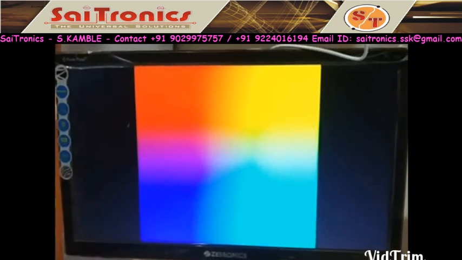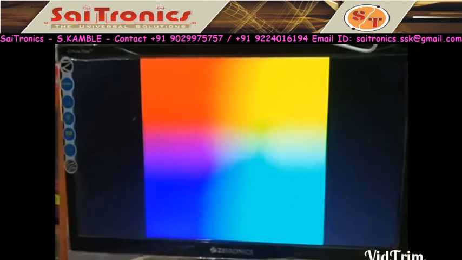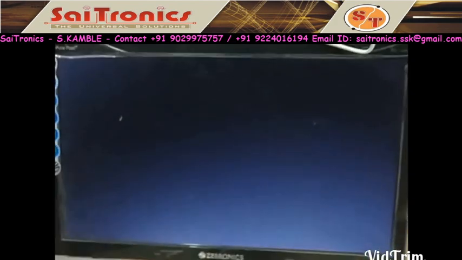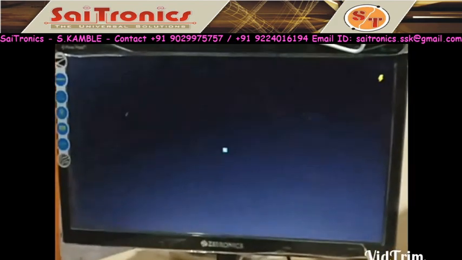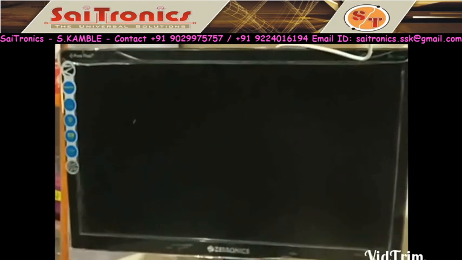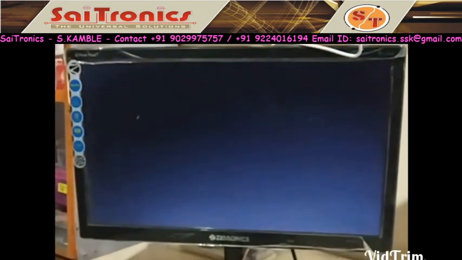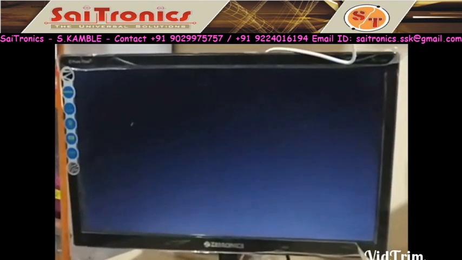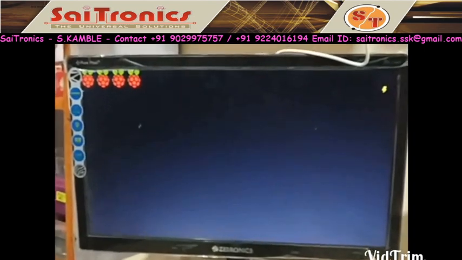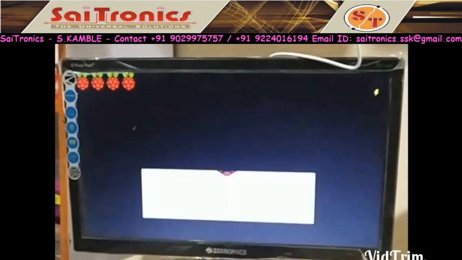You can do anything which you operate on a computer, but only with Linux software. So our today's session is booting of the OS. So we are done with the conventional method of OS installation. In the next session we are using headless OS installation. So Raspberry Pi is restarting.